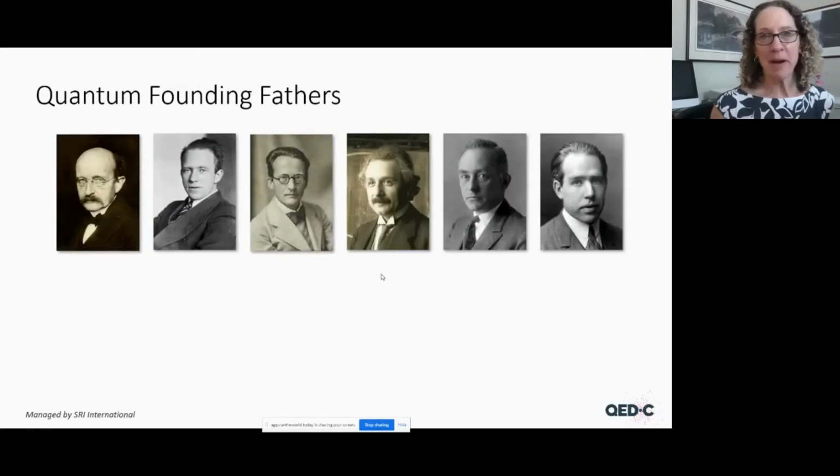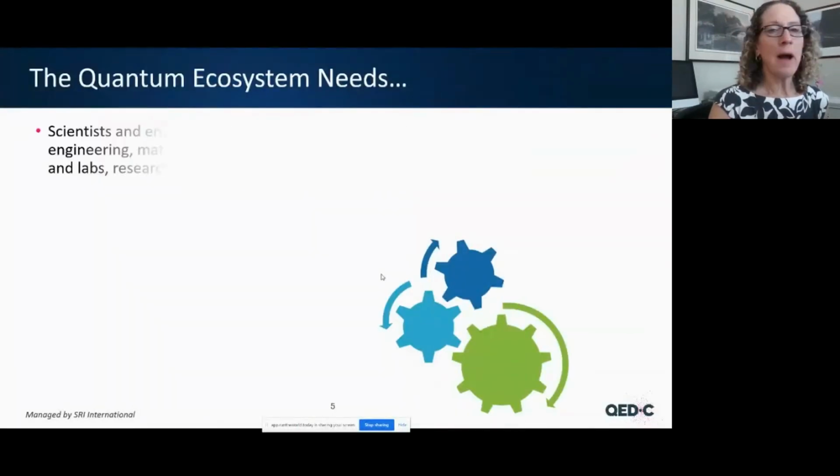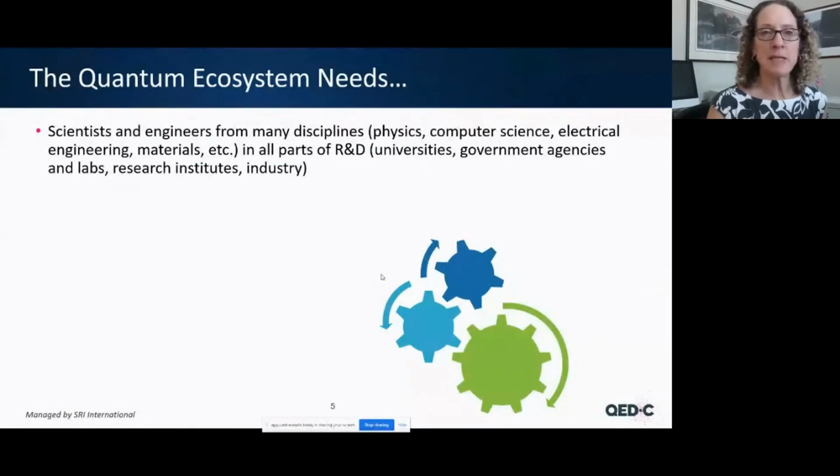And I'll just end by pointing out that quantum is not all that new, even though we think of it as sort of a shiny new thing. These are some of the founding fathers of quantum. And guess what? They're all men and they're all physicists. But they were great thinkers, and they laid the groundwork for what we're really experiencing today over 100 years ago. You can even buy, I found out, a t-shirt or a sweatshirt with some of the founding fathers shown on it. So I would say what the ecosystem needs is not just physicists and not just men,